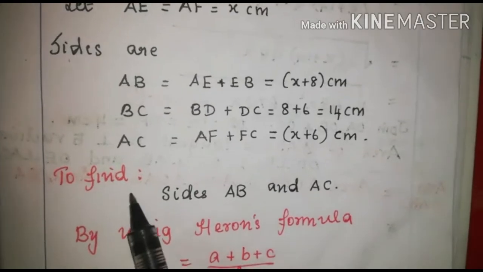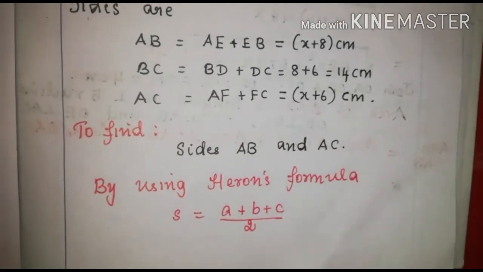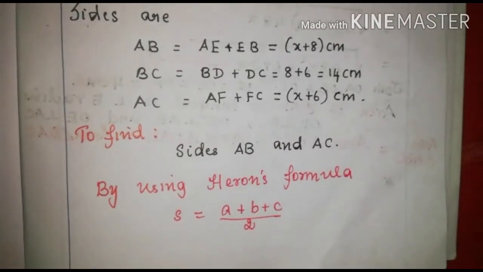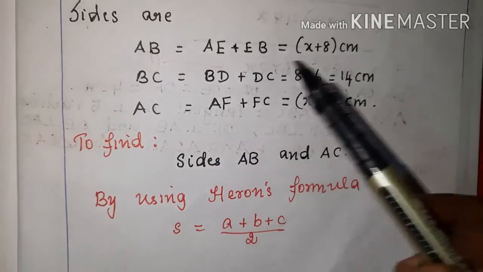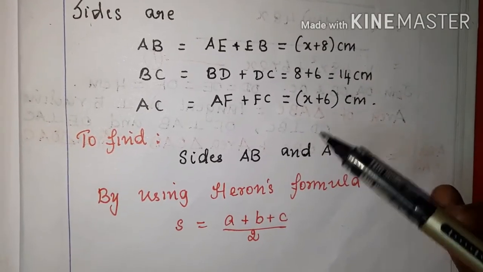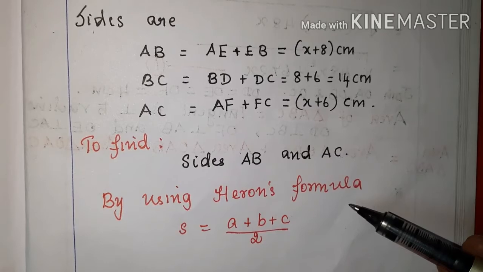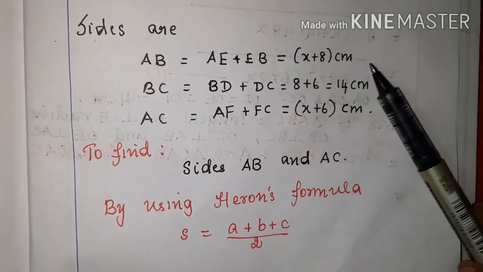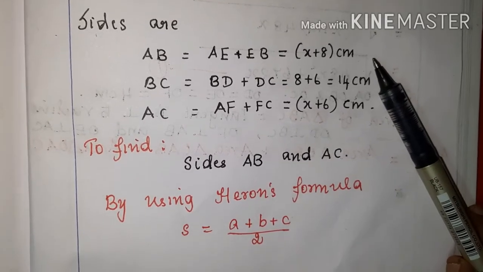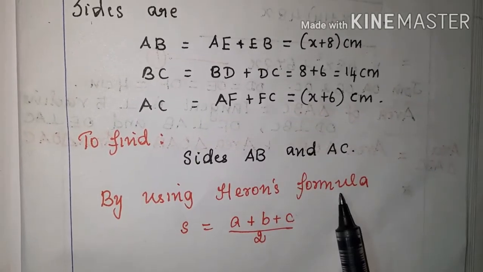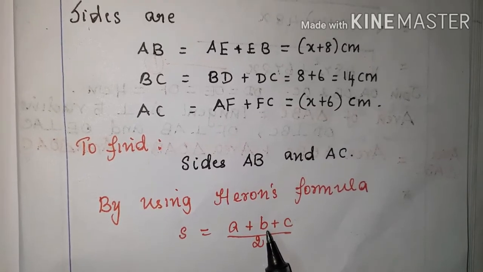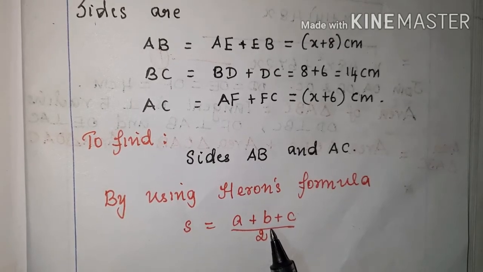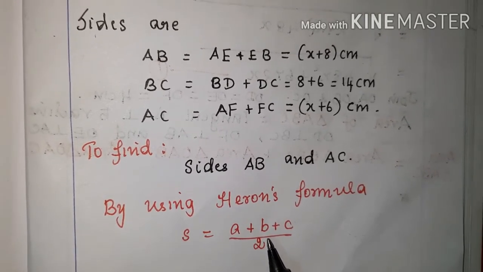Okay, now you need to find the sides AB and AC. Now actually here the area of the triangle value is not given. Okay, and here using the three sides which we have found out, we are going to use Heron's formula. Remember children, in class 9 you have studied that when side measurements are given, to find the area of a triangle we use Heron's formula. So by using Heron's formula you are going to find the area of this triangle first.